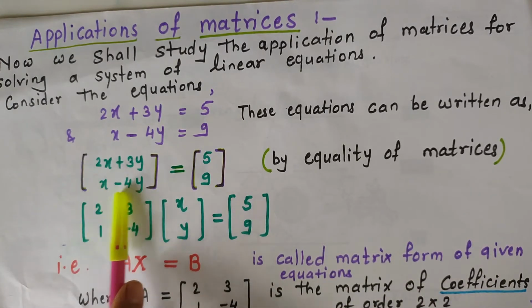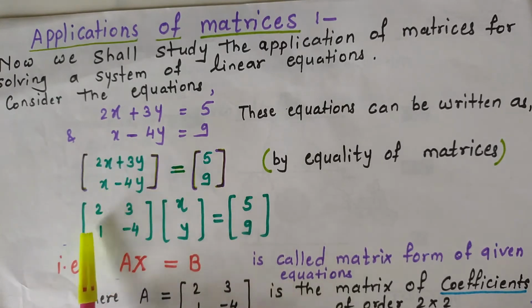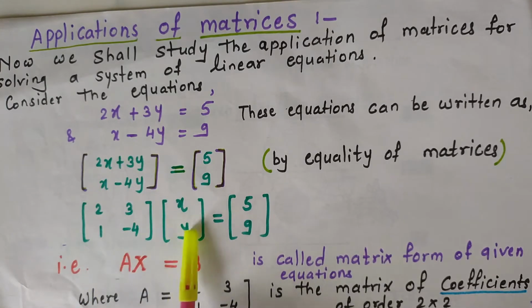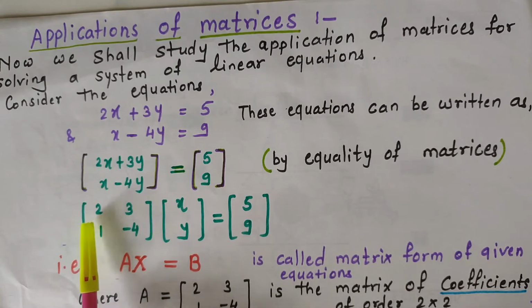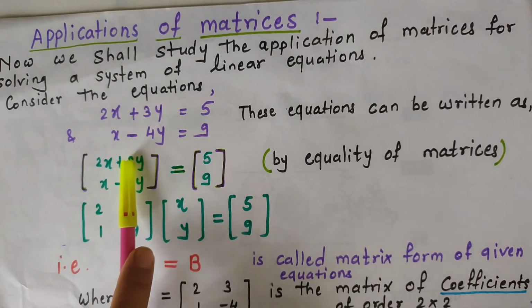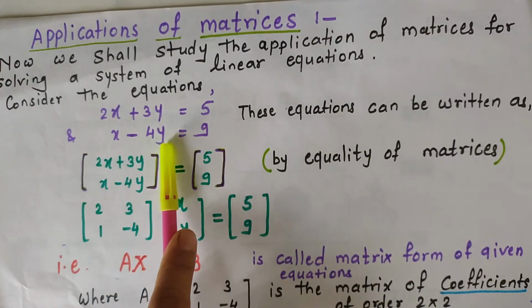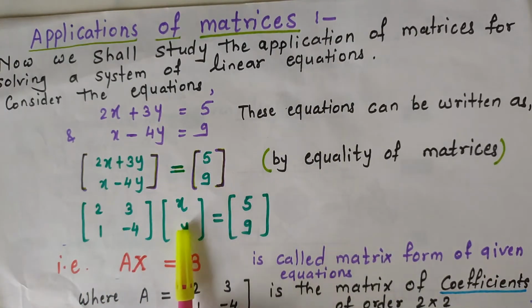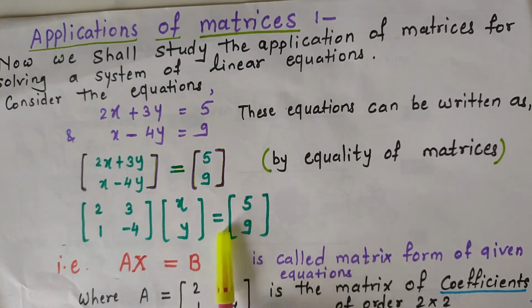Now, this can also be written as the product of two matrices. The first matrix is the coefficients of the given equations, and the second matrix is the variables of the equations, equal to the column matrix with constants